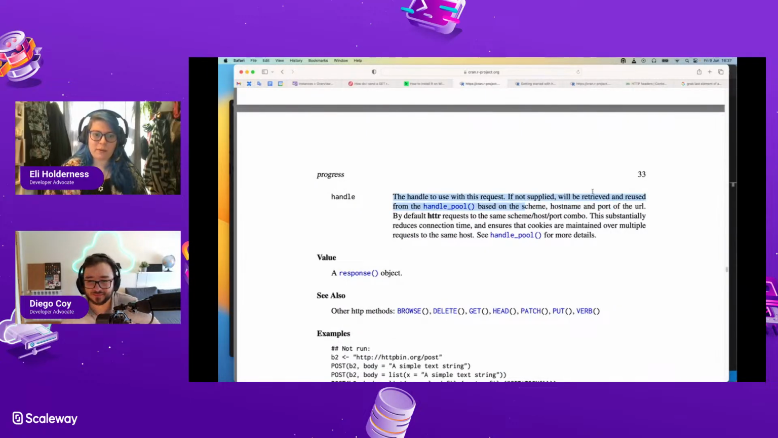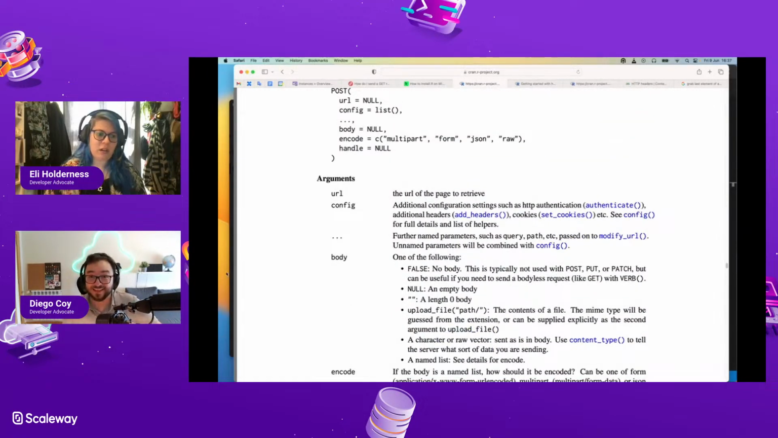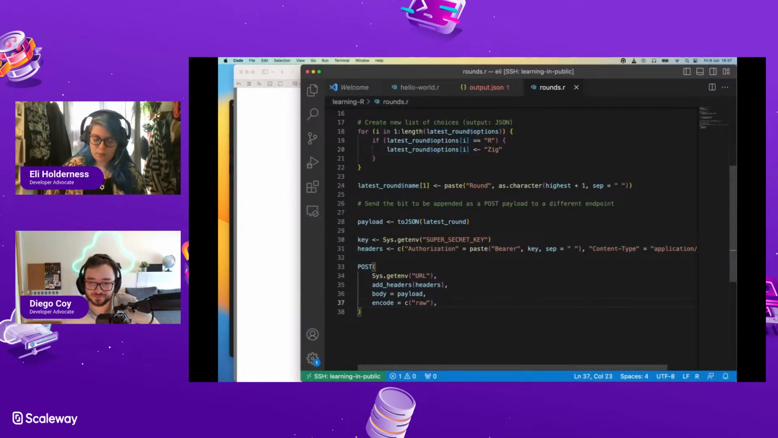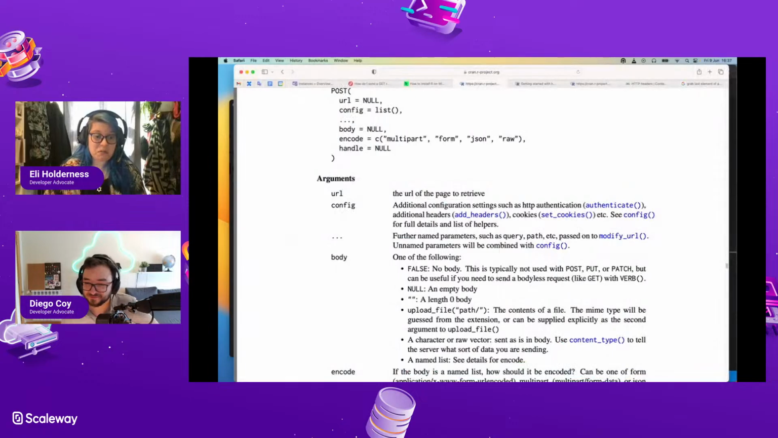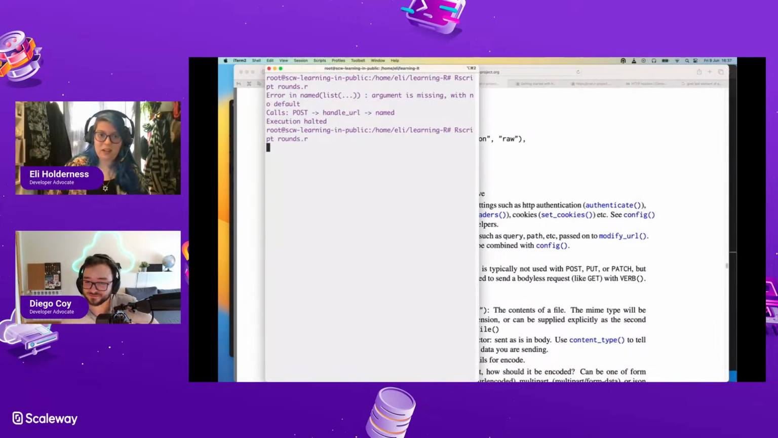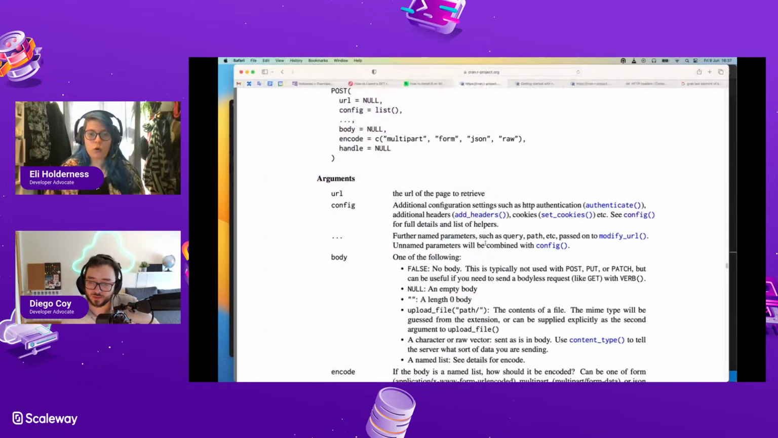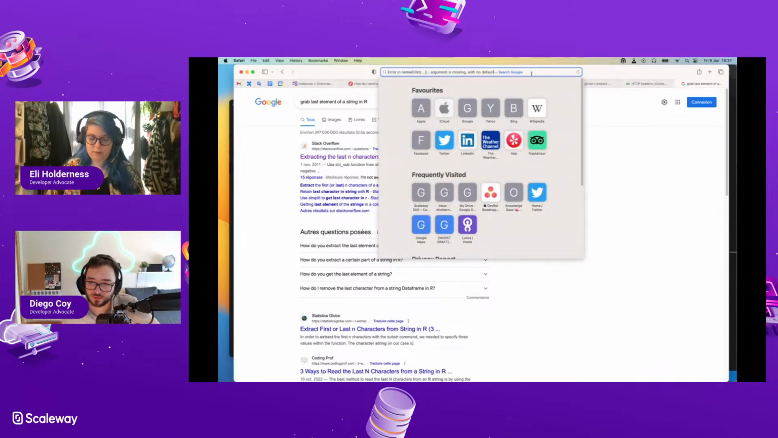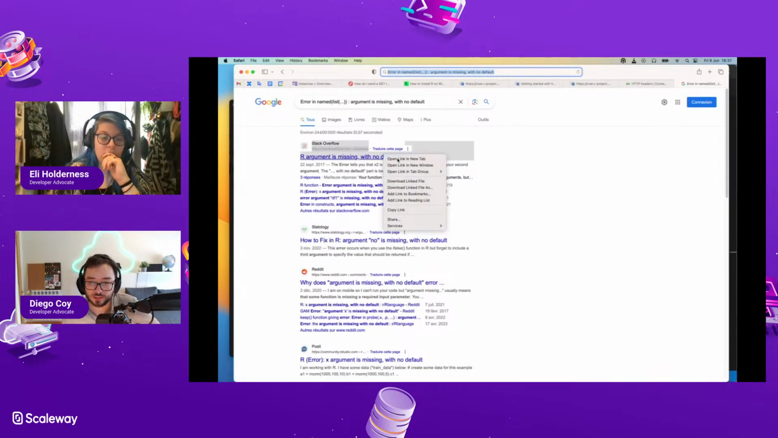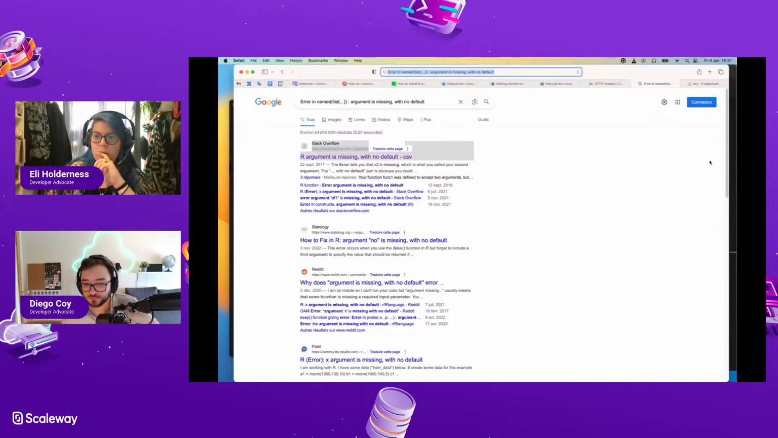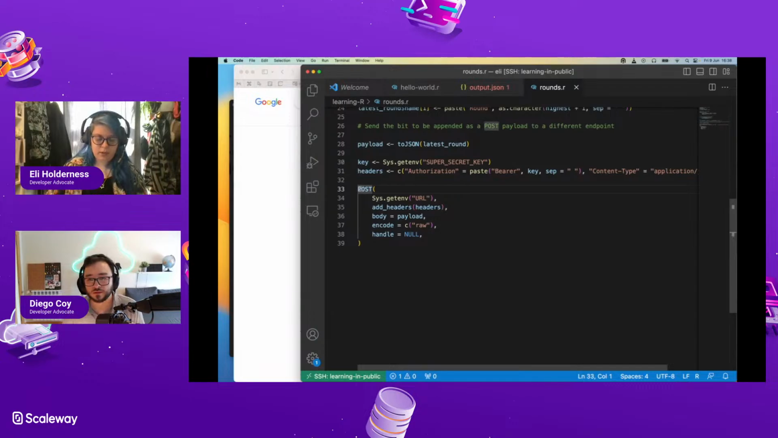Handle. If not supplied, will be reduced based from the screen. Handle pool. Handle equals null. Let's do that. And is null null? Okay. I don't know, but it's what's in the example. Oh yeah. Pools post to handle URL to named. Named list argument is missing with no default. What Google. If you Google what help. If you try to capture the response by printing it? Yeah. I don't know that there is a response, but